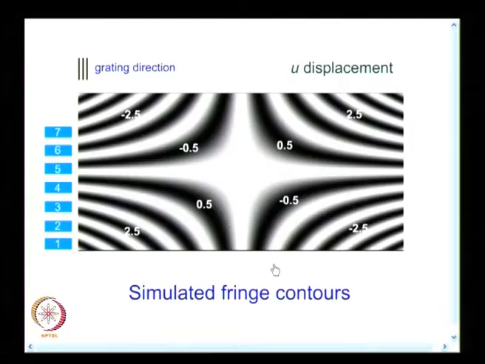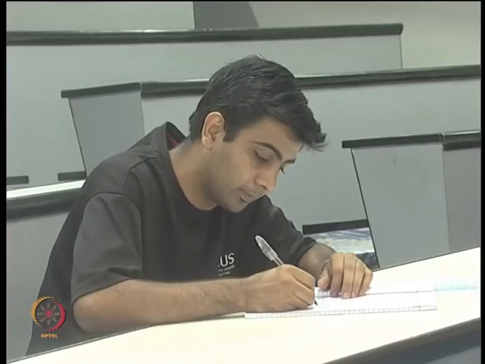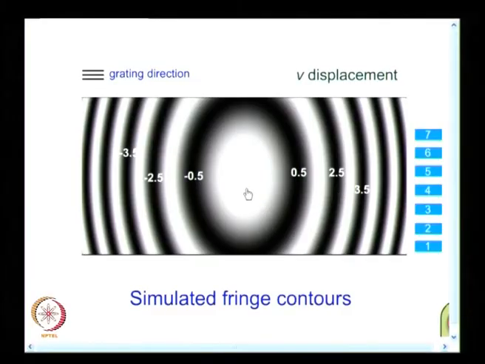Okay. So, what I will do is, I will show the v displacement, and the v displacement is like this, and here you find I have the grating direction horizontal. By comparing these two figures, you can easily understand what I say: displacement is a component perpendicular to the grating direction. And what I want you to note down is, when I have a grating direction in one way,